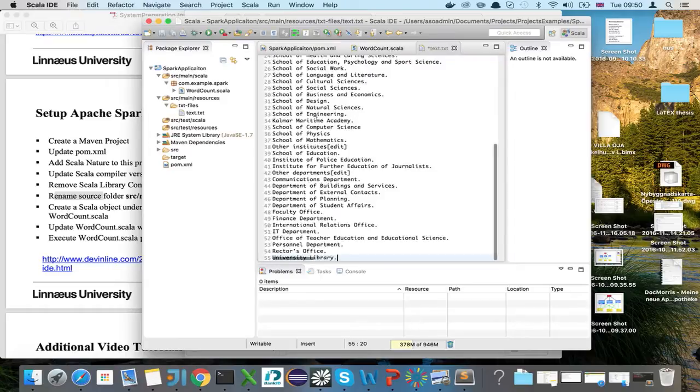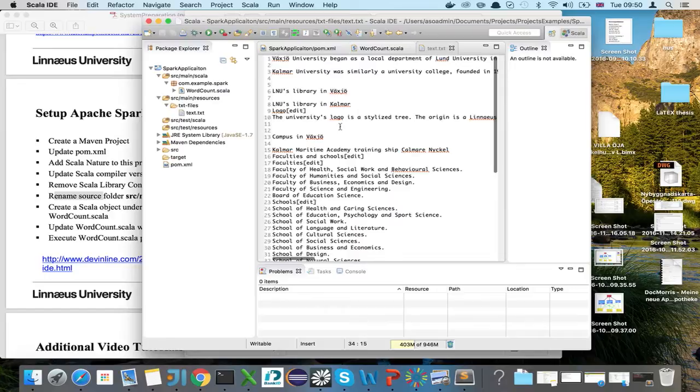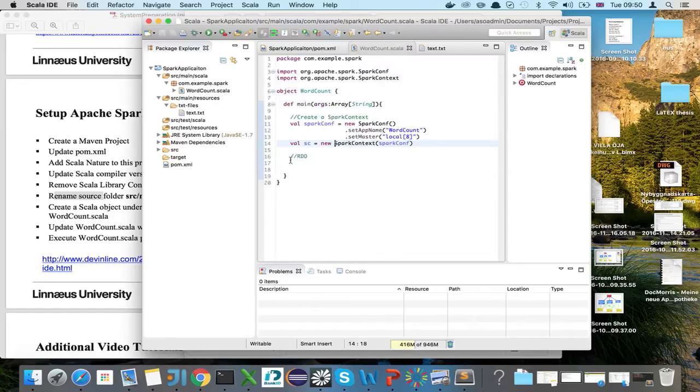Yes, and save it. So it contains some text about Linnaeus University. So now we will create an RDD from this text file. Just one more thing: val means it's a static variable in Scala, and var is not a static variable in Scala, so the value can be changed within the program. Okay,